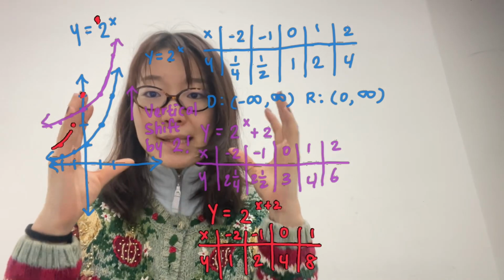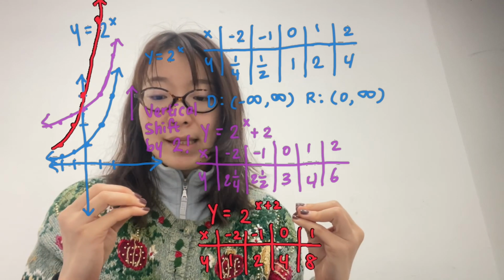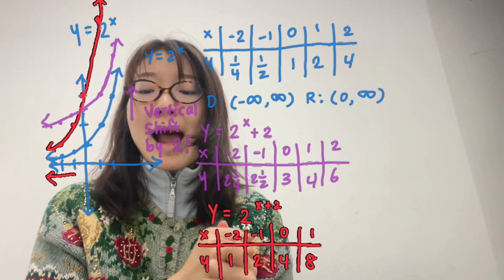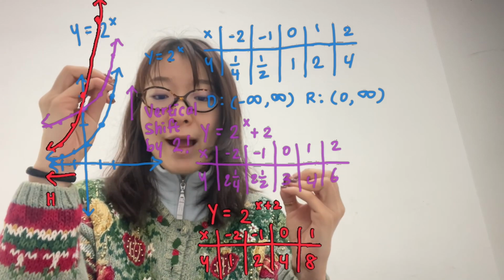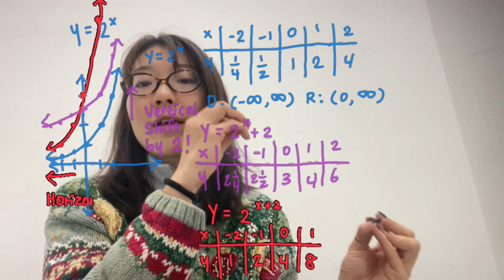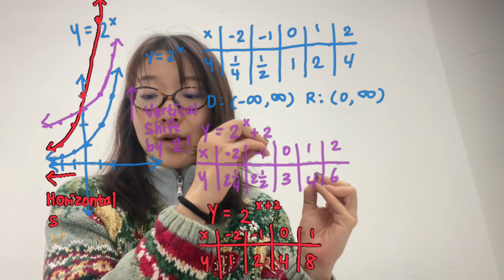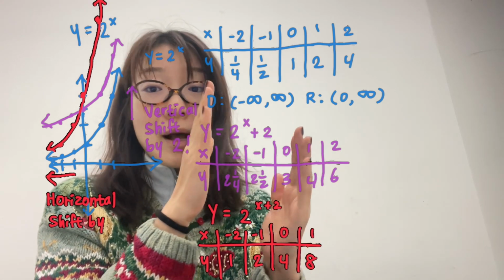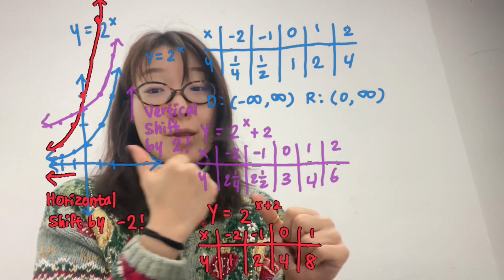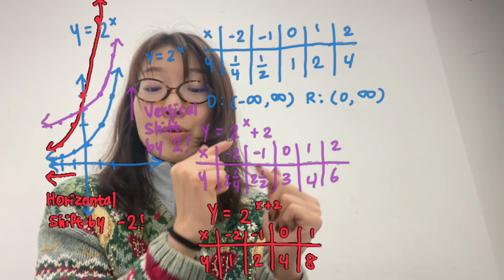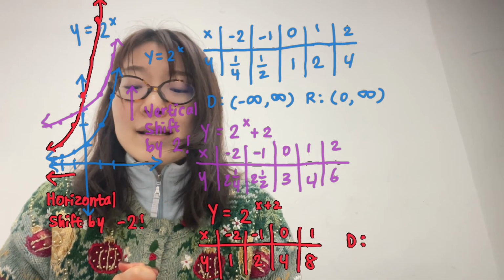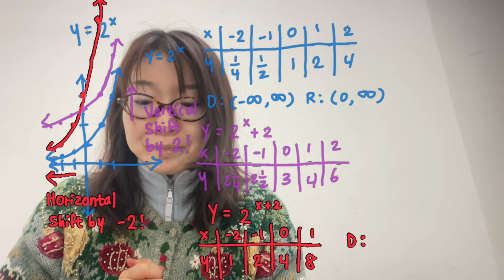Again, I'm going to take the same exact values and create this table. And what I notice is that this time, the entire graph, again the blue graph, which is the parent function, is shifted not by positive 2 units, so not in the right direction, but to the left, towards the negative. And that's because if you think about it,